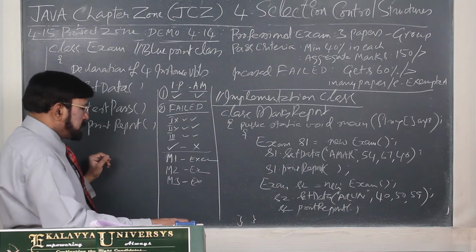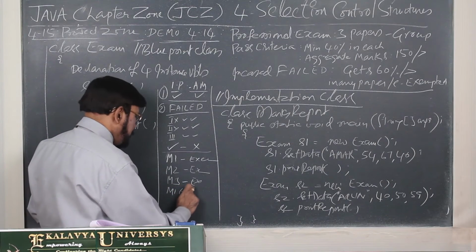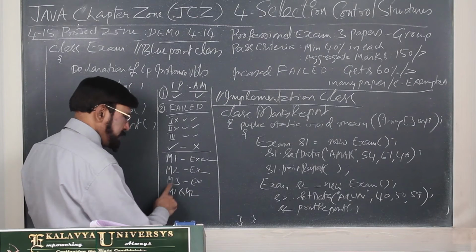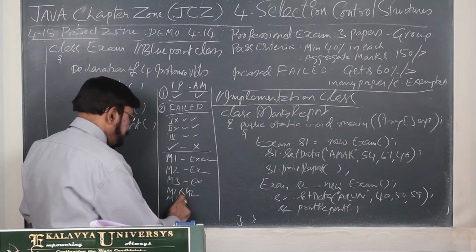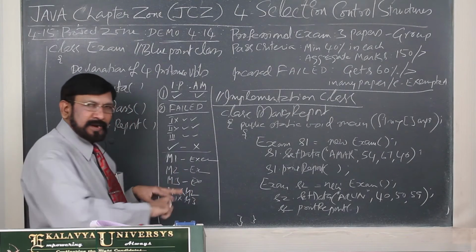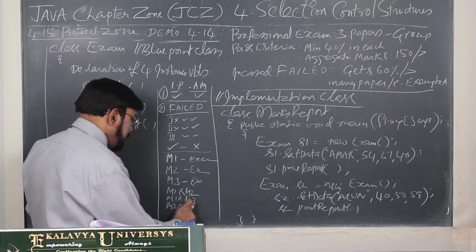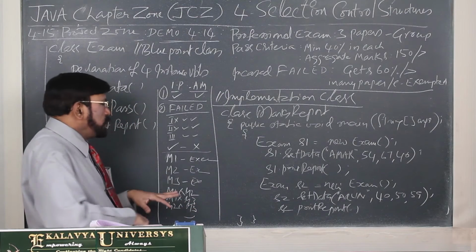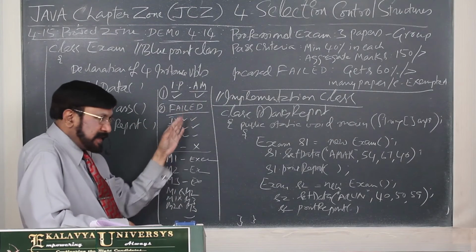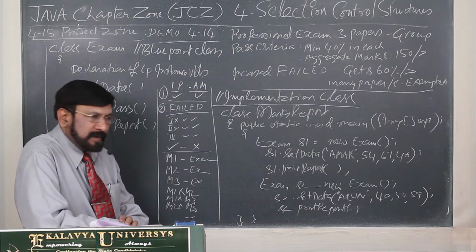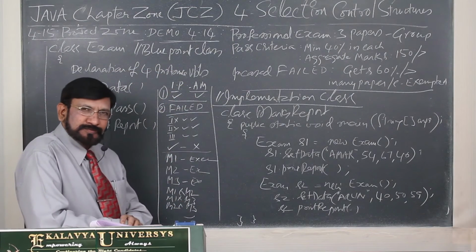So, what are the other possibilities? M1, M2. This is one category. You may be exempted in M1, M2. M1, M3. This is another category. Next thing is M2 and M3. So these are all, just to list it out, apply your brain how many categories of people are there and all that. So you have to test this type of inputs.